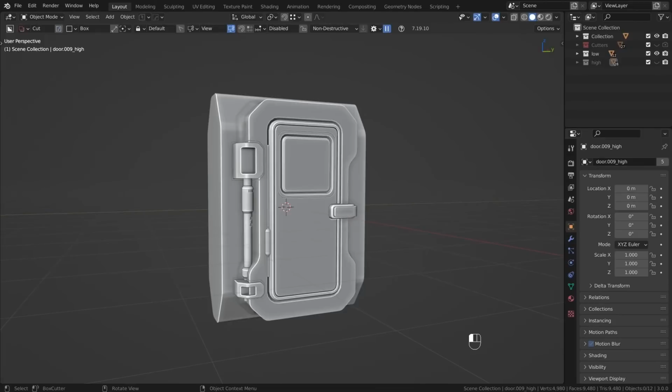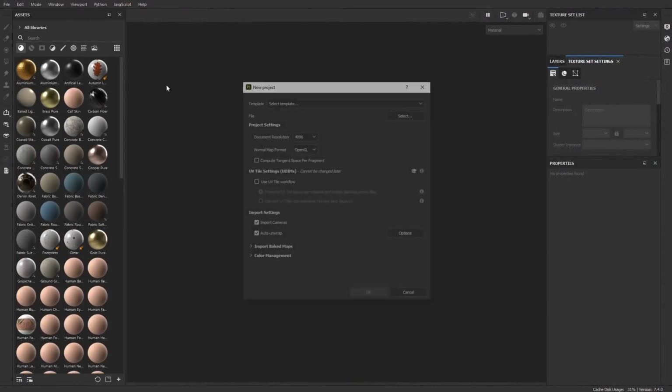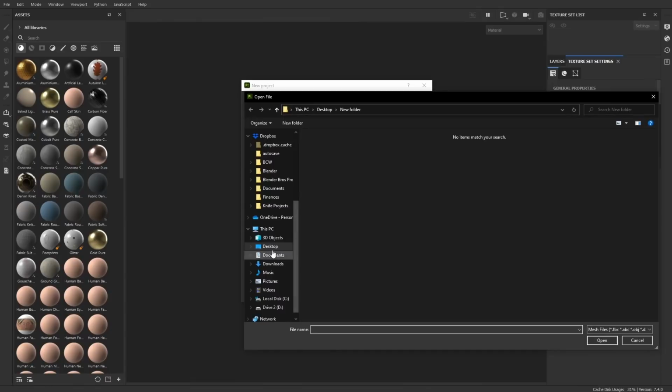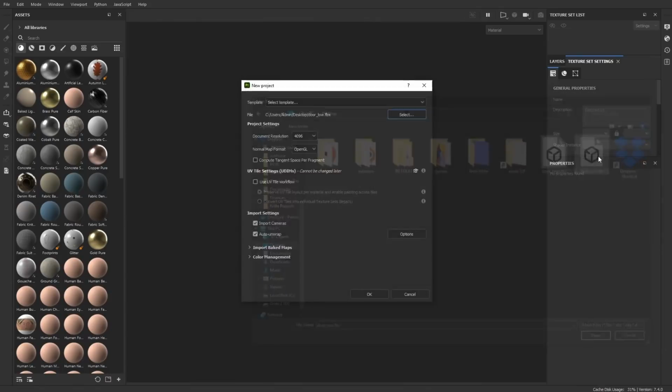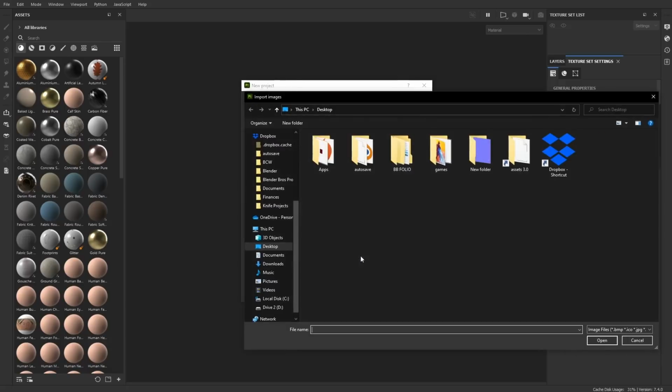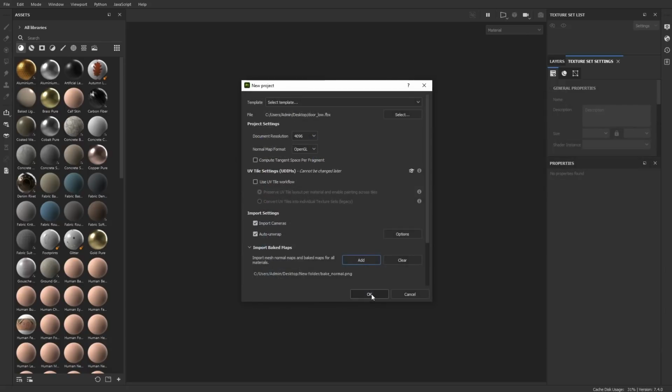There we go. So now we're ready to hop into Substance Painter and texture this thing. So inside of Substance, all you have to do is go to File, New, and we're going to load in our low poly. We're not going to be using the high poly anymore unless you wanted to bake something specifically, and I'll show you how. So we're going to load in the low poly. We're going to import these, or just the normal map here, and then we're going to click on the OK